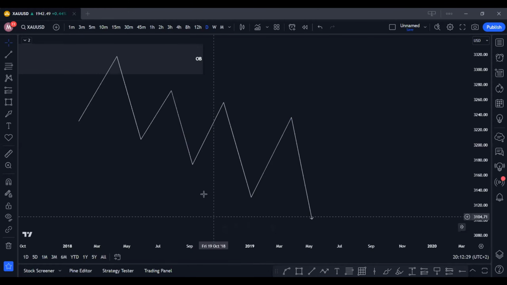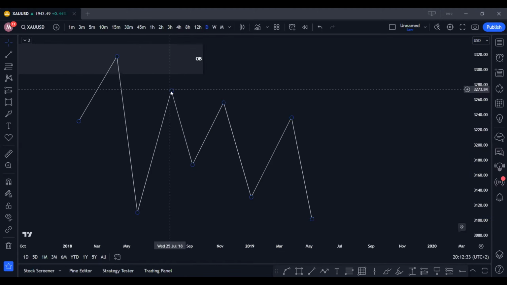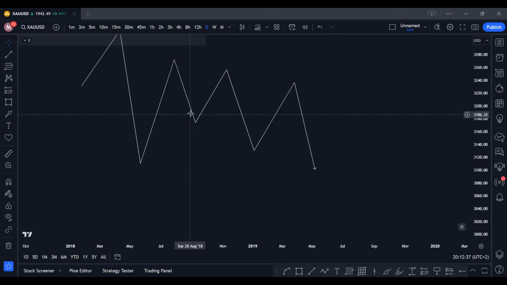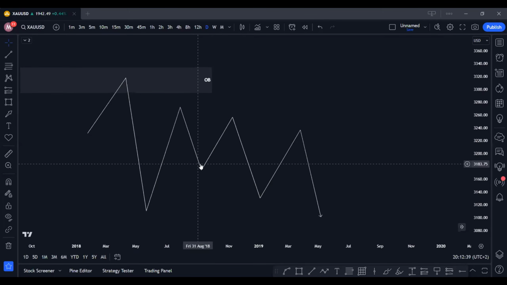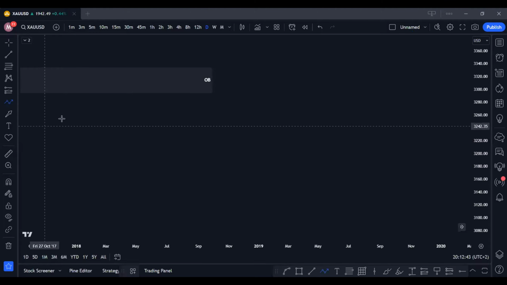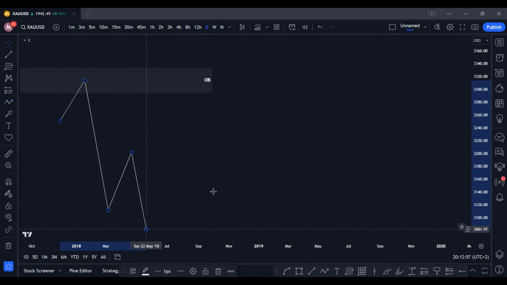Okay, so what happens when price just shoots down? You're going to do this if price does that, okay? Price taps into your order block, doesn't give you any confirmation entries, nor any pro trend trades, okay? So what you're going to do is wait for price to form something like this here,